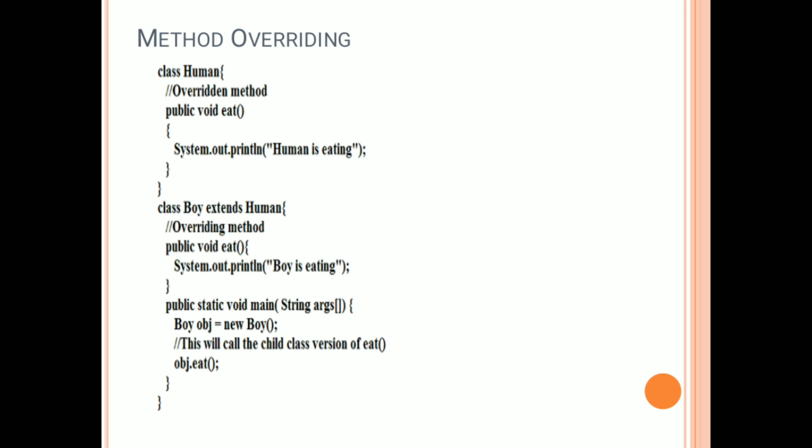So finally, method overloading and method overriding are both types of polymorphism. Polymorphism is a mechanism of exhibiting many forms, exhibiting different behavior in different situations. Polymorphism is of two types: compile time polymorphism and runtime polymorphism. Compile time polymorphism is achieved by method overloading and runtime polymorphism is achieved by method overriding.